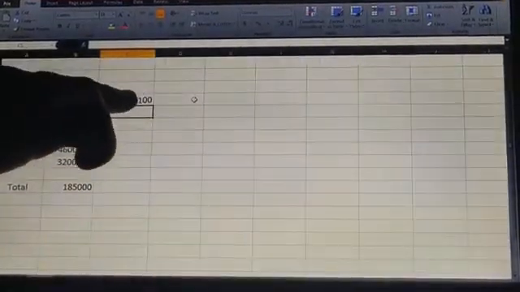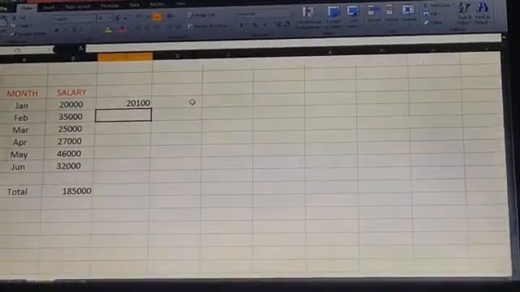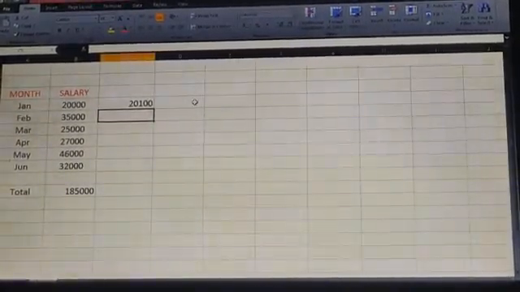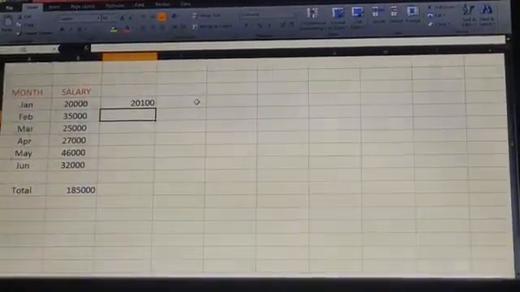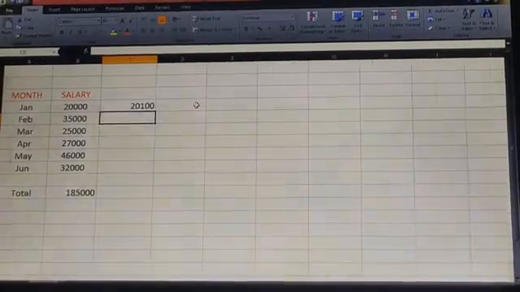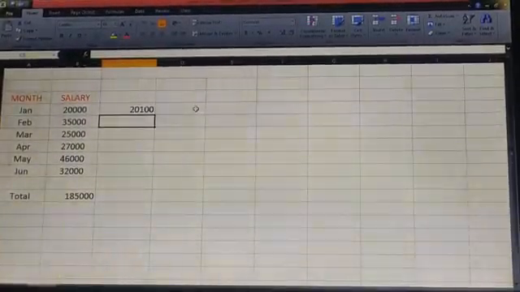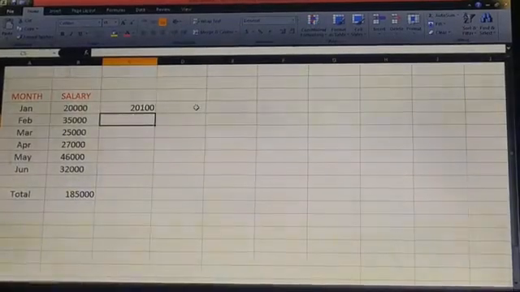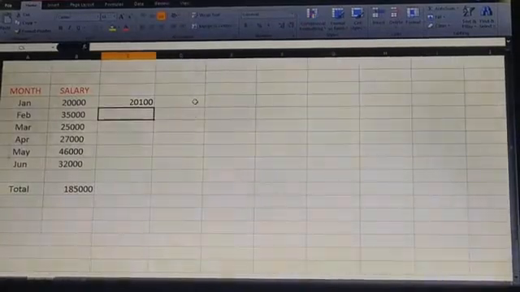This value is the result of adding the incentive amount of D4 cell in Sheet 1 with the salary amount of D4 cell in Sheet 2. Okay, this will add. So you can see its steps are very clearly given in your book. You will understand that. Okay, now let me move to our next point, that is naming a sheet tab.